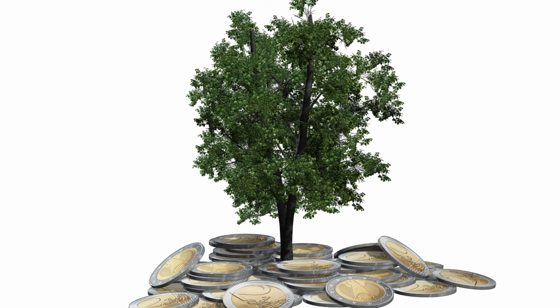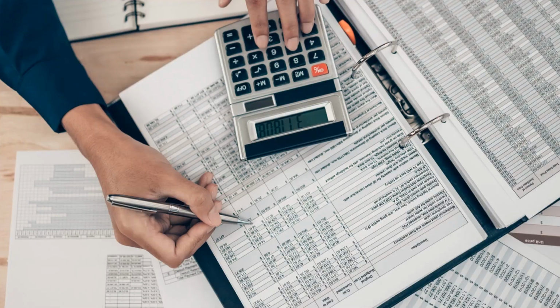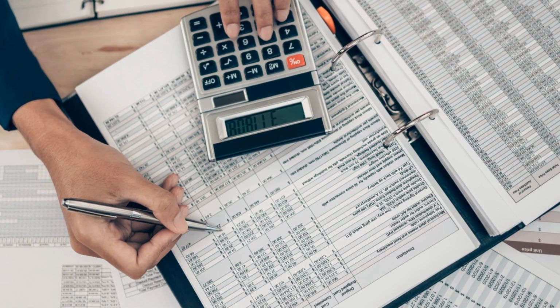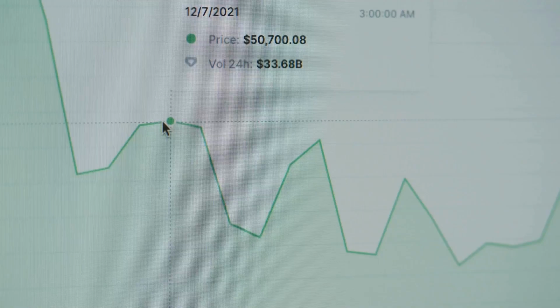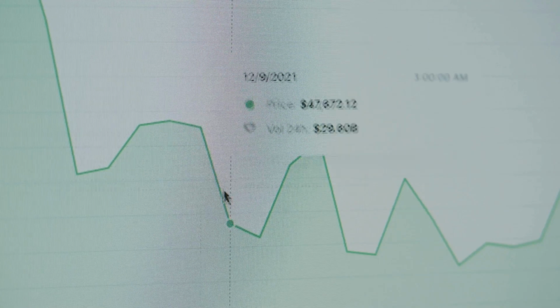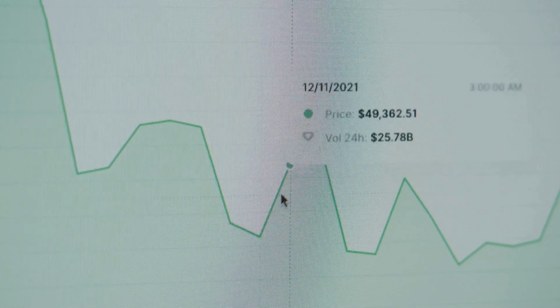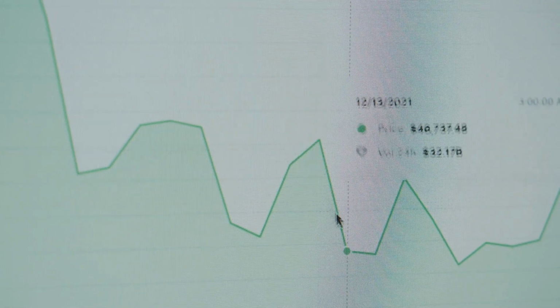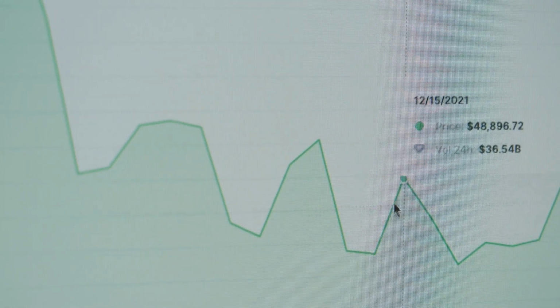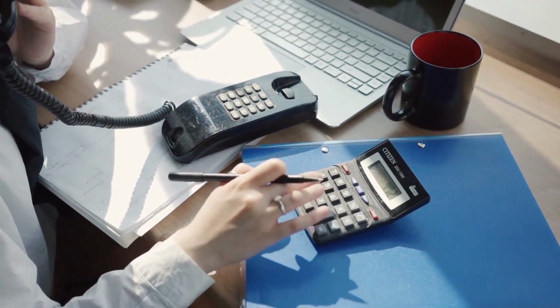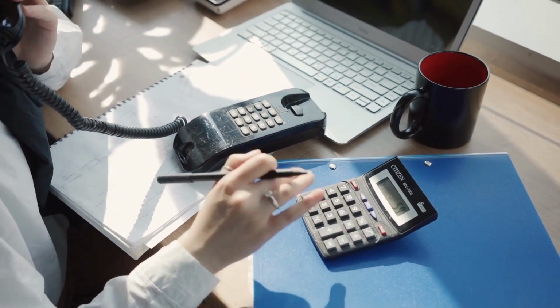Mastering depreciation for financial success. So there you have it, the ins and outs of depreciation. Remember, this isn't just about accounting rules, it's about understanding how your assets lose value and how that impacts your financial well-being. Whether you're a small business owner, a freelancer, or just someone